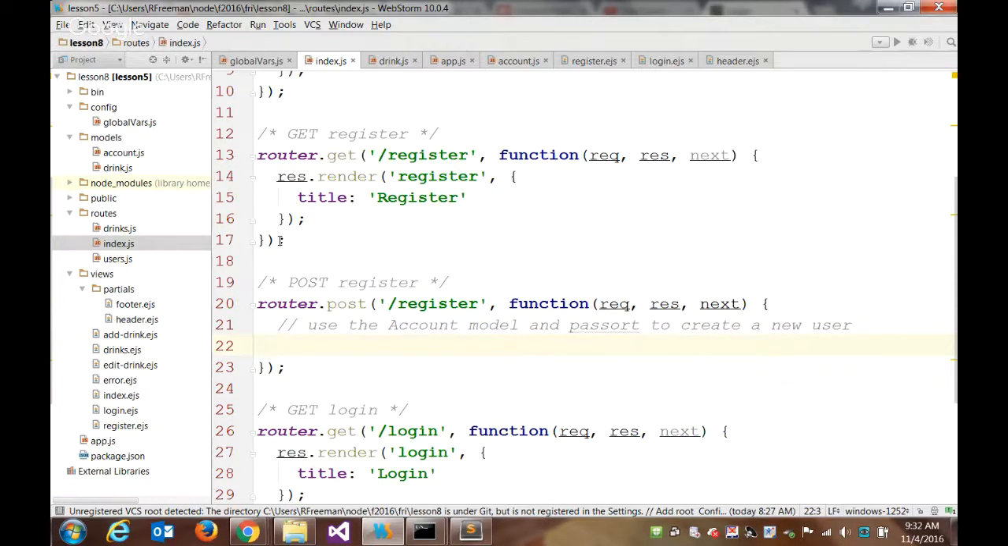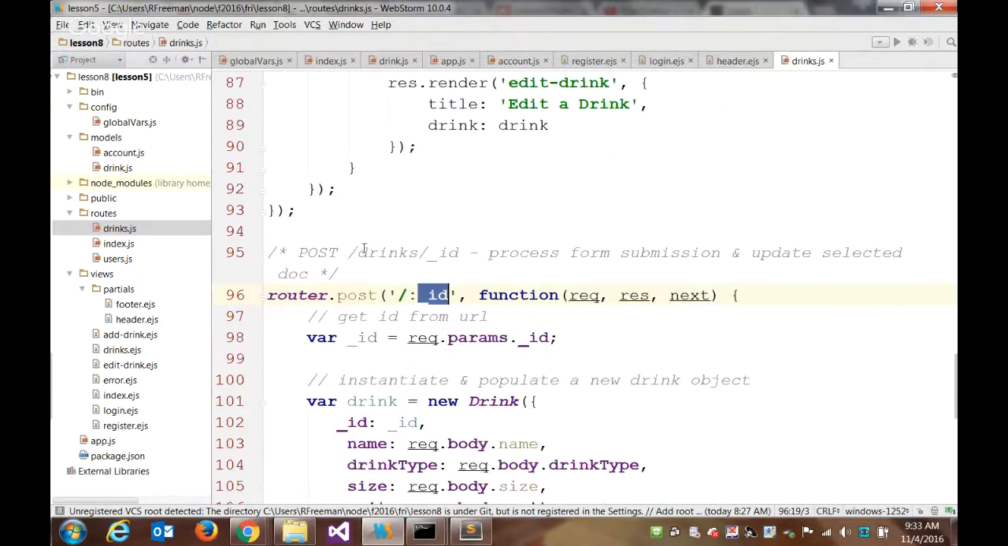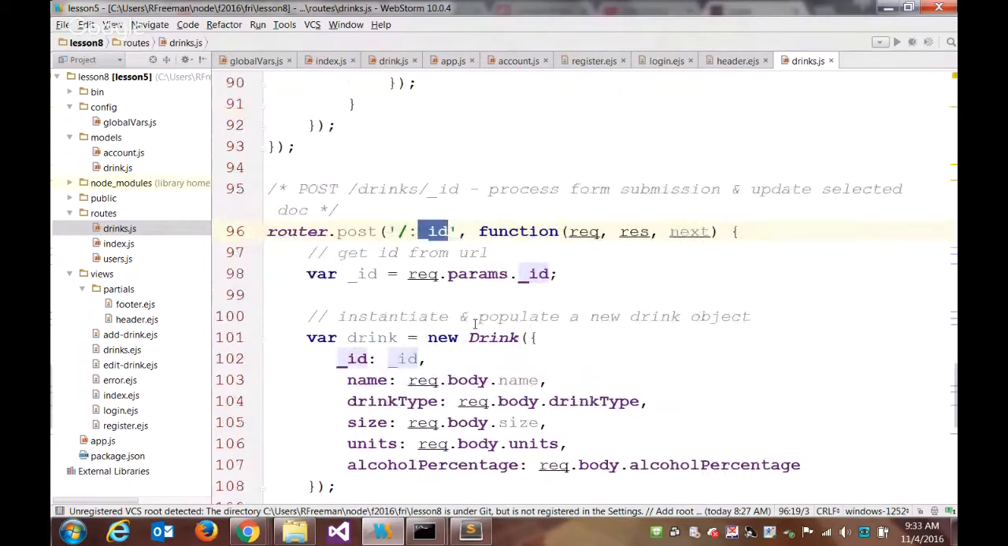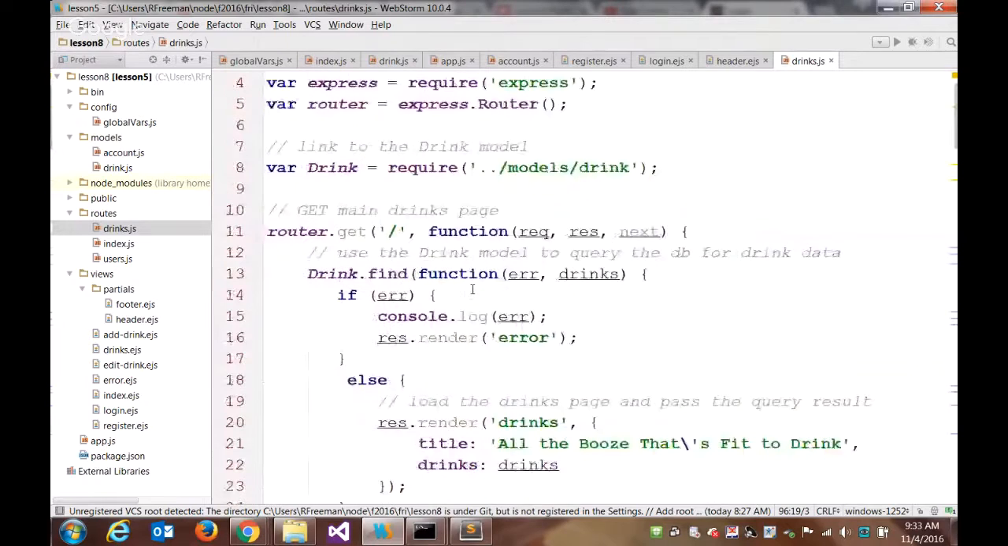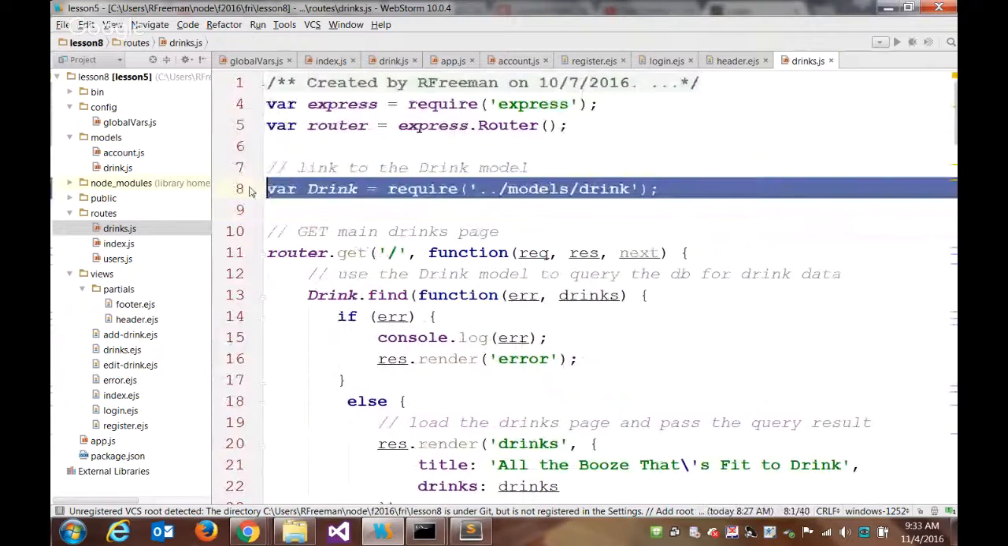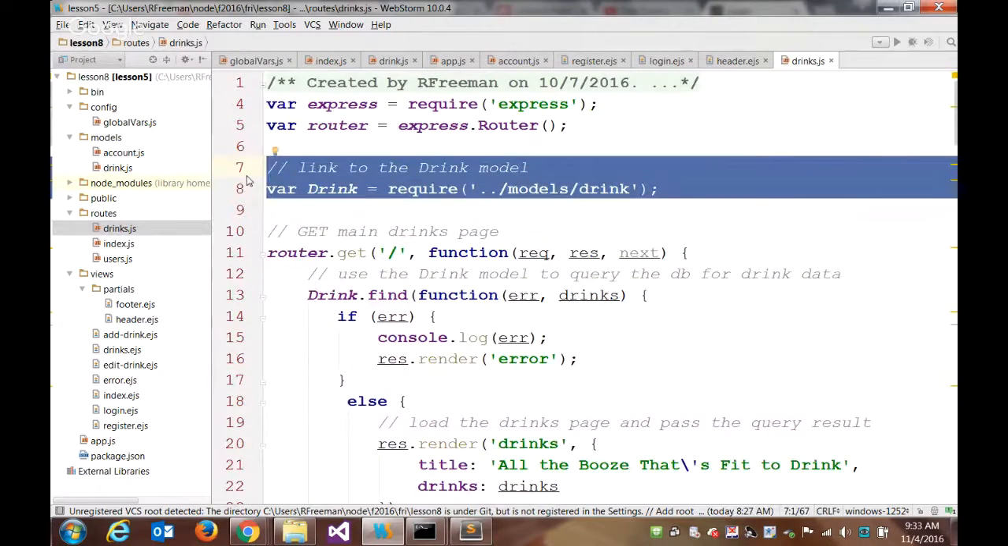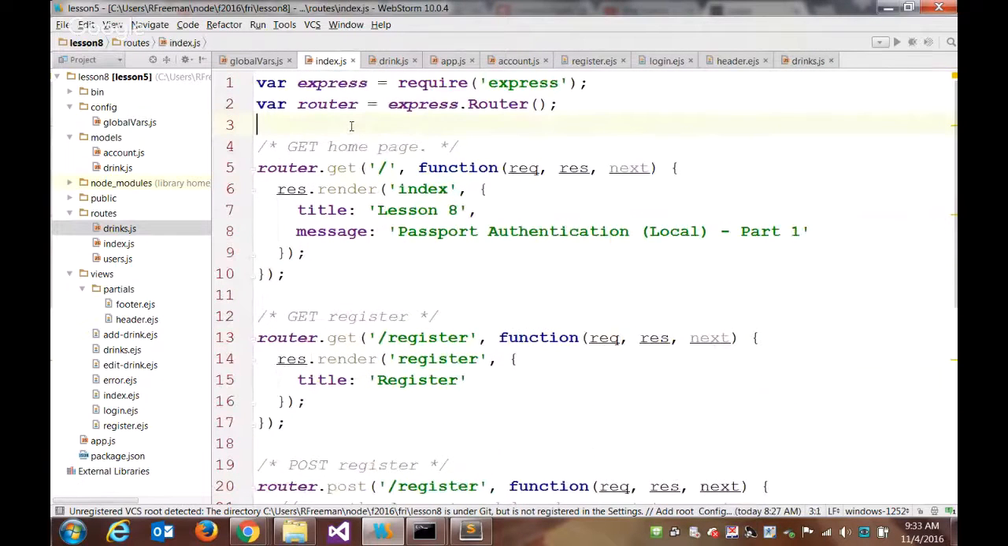If we're going to use our account model, we need to make a reference to it at the top of this file. Just like in our drinks route, we used the drink model to do create, read, update, and delete. Up at the top we link to the drink model. We need to link to the account model in index.js. So up here,